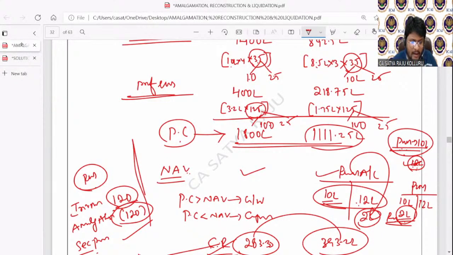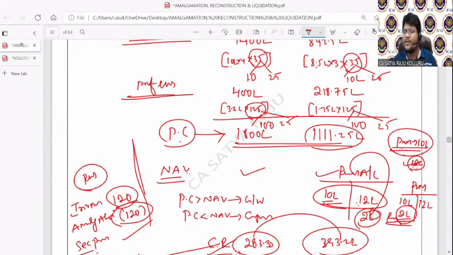So after calculating the number of shares, do we always have to multiply by face value? No, that depends upon the problem information. After calculating the number of shares, if the purchasing company is going to issue such shares at other than face value, then you should multiply with issue price. If the purchasing company issues at face value, then you should multiply with face value. If the purchasing company issues at other than face value, but in the problem it is given that PC should be recorded at par value, then at that point of time you should multiply with face value.